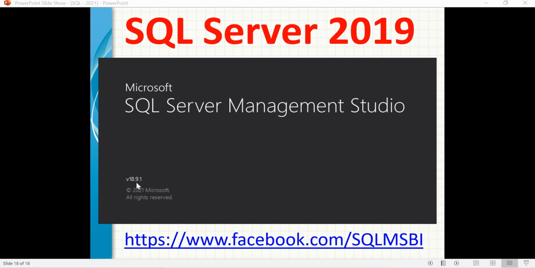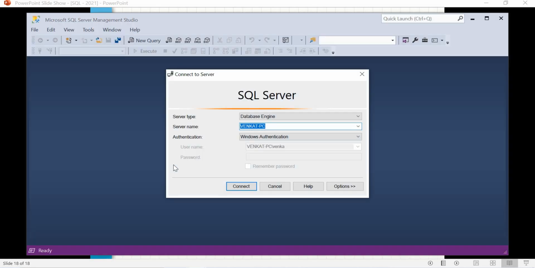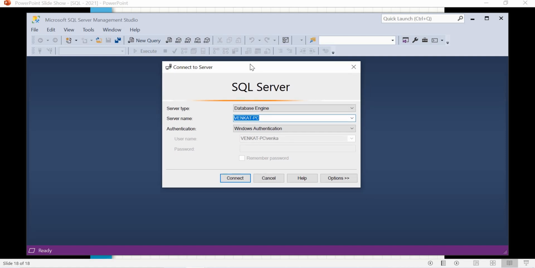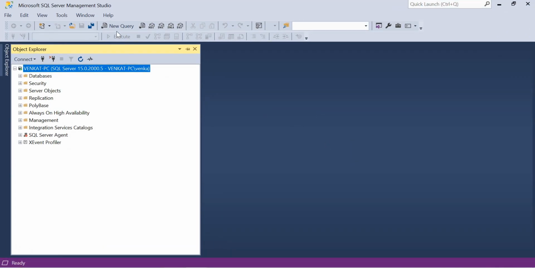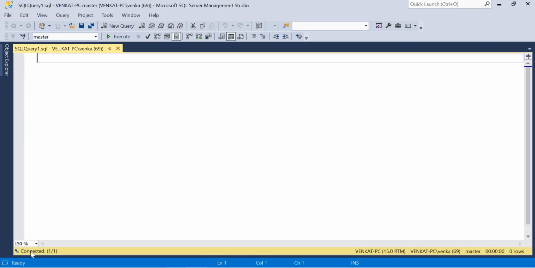Here I will be using SSMS version 18.9.1. So this is a very old feature, as I mentioned earlier. Now I'll show you how the view looks without setting up the color. Let's quickly connect, and once connected, let's click on New Query. Once I click on New Query, I get a bar at the bottom here. By default it shows connected, and you can see the server name, the version of SQL Server, user details, database name, how much time it took to execute that particular query, and how many rows were returned.